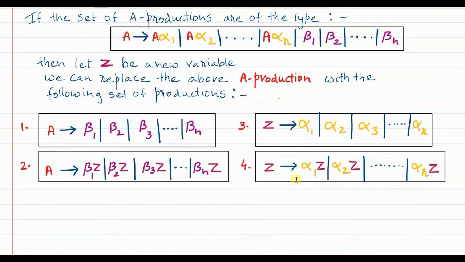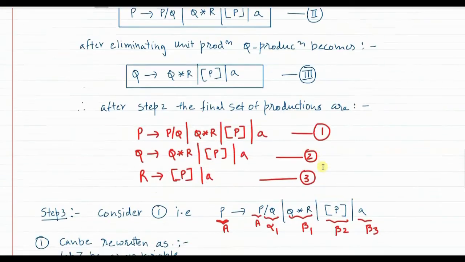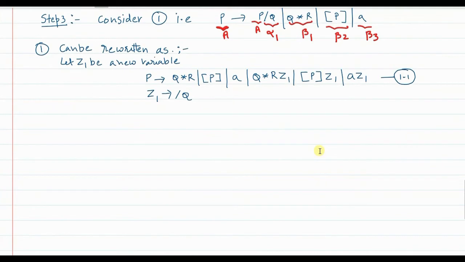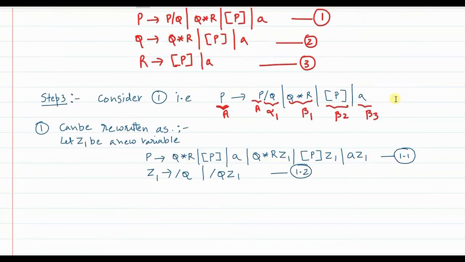Now second production, the same alpha terms, but there is Z also involved in that. First I will show you. The next production is Z1 gives alpha term, that is slash Q, and this time Z1 also is there. So instead of writing these two productions, I can cascade and write it as one production. So I will cancel this production and I will introduce the term here itself. So I can write this as slash Q Z1. But now I will neatly write how exactly you should write for exam. So I'll just show you the method of writing this.